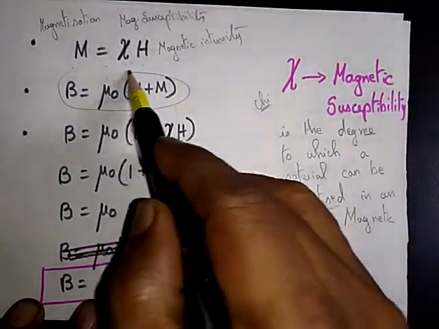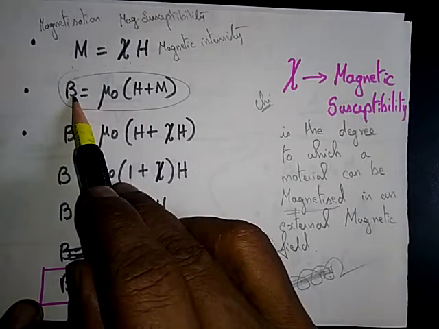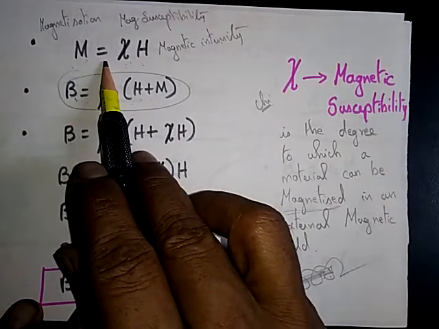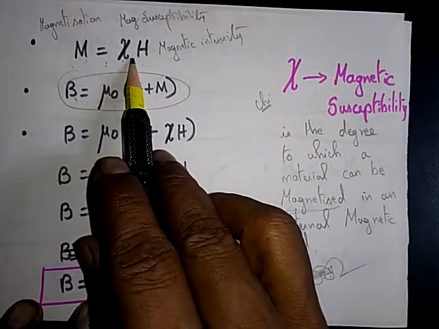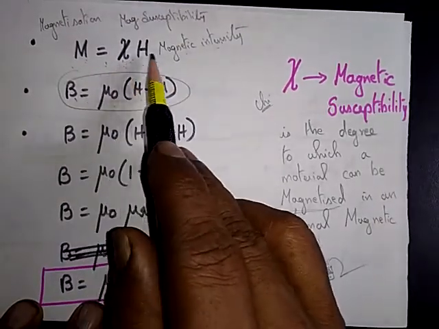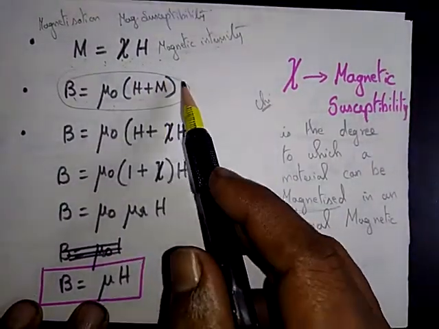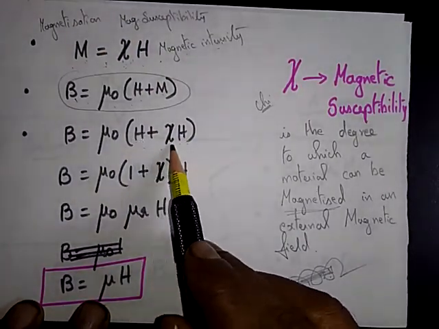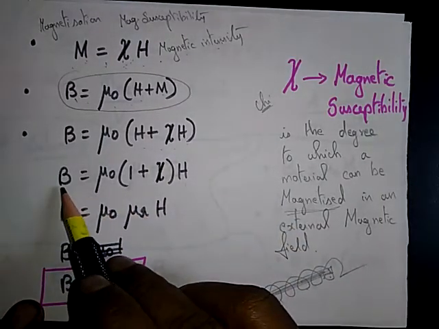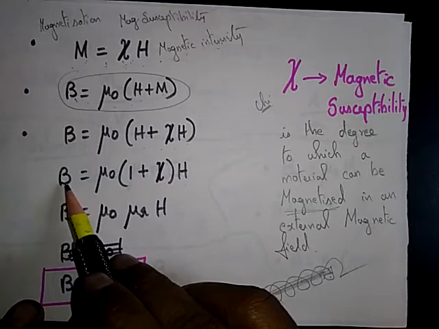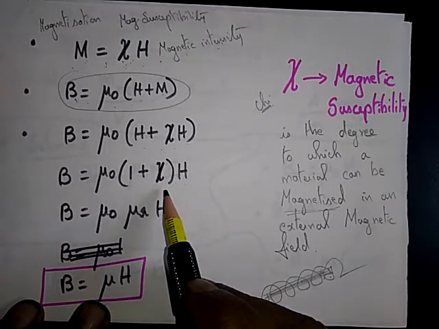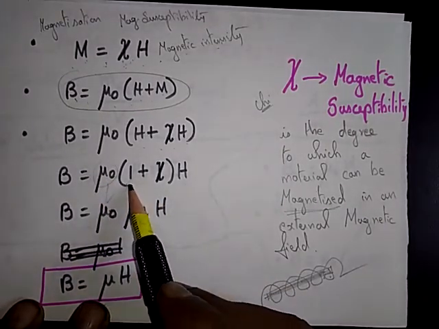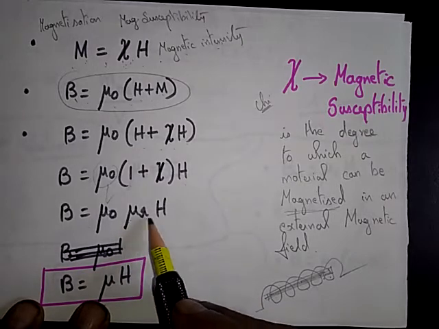Already we have the relation for total magnetic flux density or magnetic field: B is equal to mu naught into H plus M. Now we have the relation for M, which is magnetic susceptibility multiplied by magnetic intensity, which is nothing but chi into H. So this value is substituted here. So H plus chi H. So H is taken as the common term. Now you have total magnetic flux density or total magnetic field is equal to mu naught into 1 plus chi into H. Now B is equal to mu naught as it is and 1 plus chi is represented by mu r, into H.